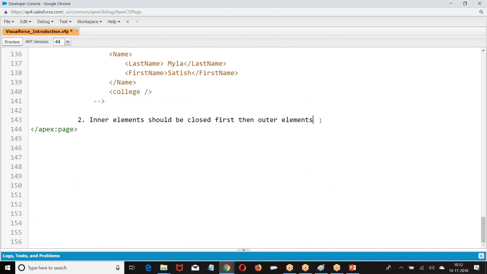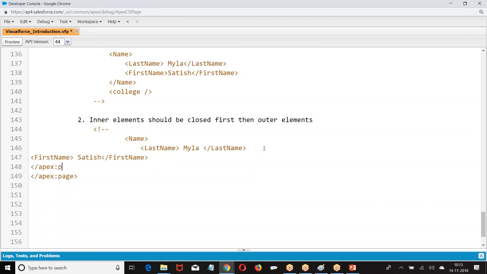Inner element should be closed first, then outer element. I give name. Now what did I give here?